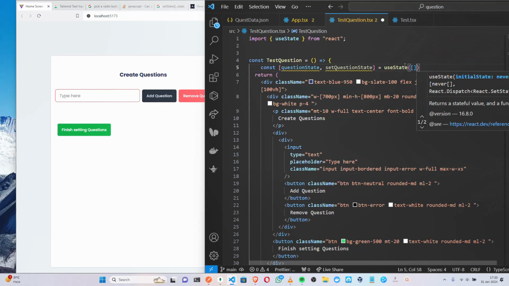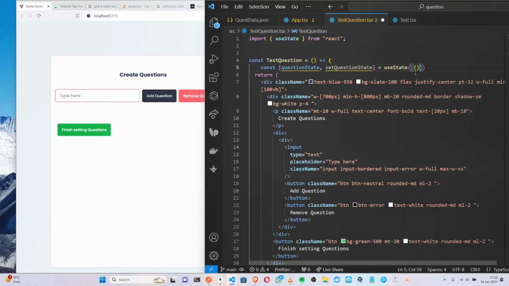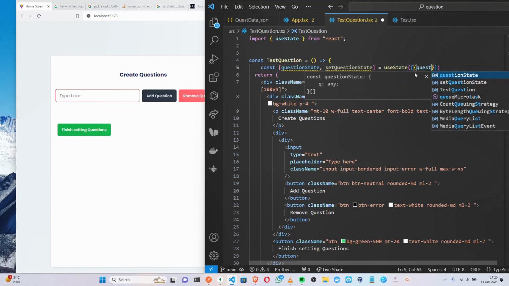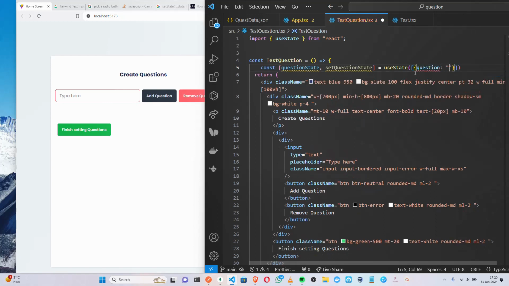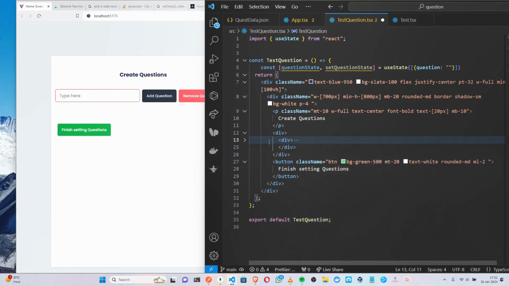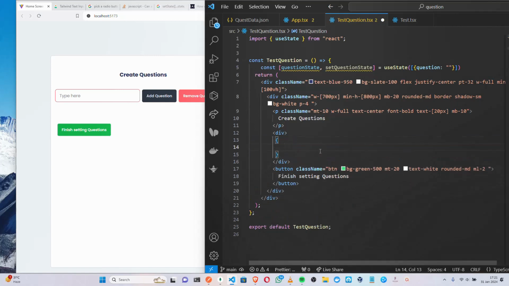Of course it's going to be an array, and this array will take an object, and the object we could use question, which is 1. At least there must be one element. So I can now come to this card, remove it, then do